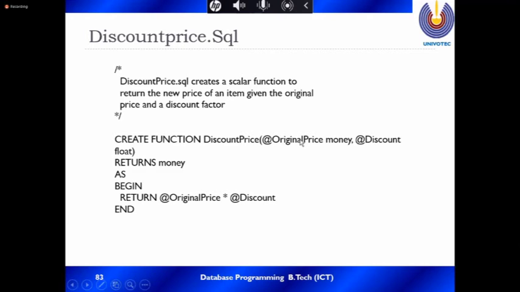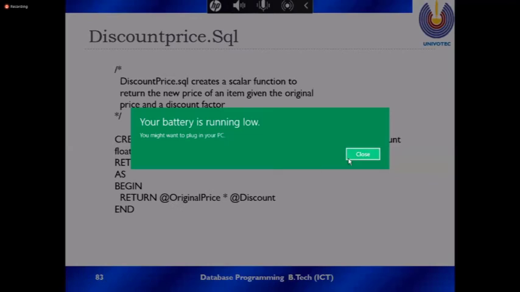One is @original_price as money, and the other is @discount as float, the discount factor. It returns money, so the return type is also a money value. AS BEGIN RETURN original price multiplied by the discount factor, discount, and END.